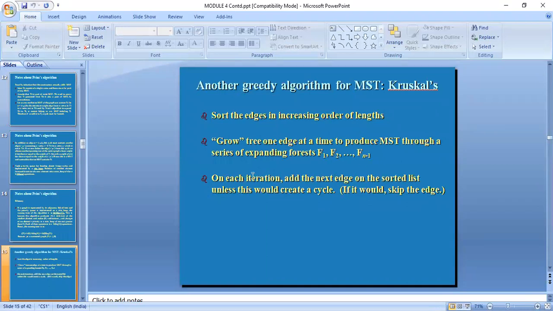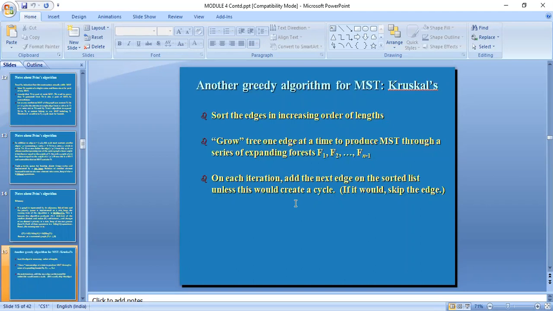Here, since we are choosing based on the increasing order of edge cost, it need not always be a single tree structure. That's why we consider it a forest. Why? Because what is a forest? A forest is nothing but a group of trees. So if you have different trees, we call it a forest. Since we go according to the edge cost, we will not always construct a single tree structure. That's the main difference between Prim's algorithm and Kruskal's algorithm.